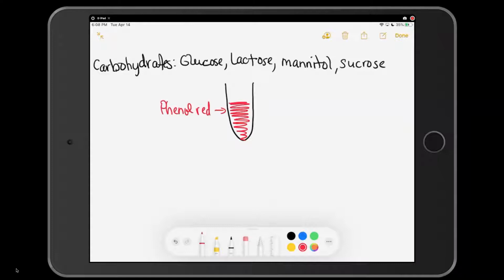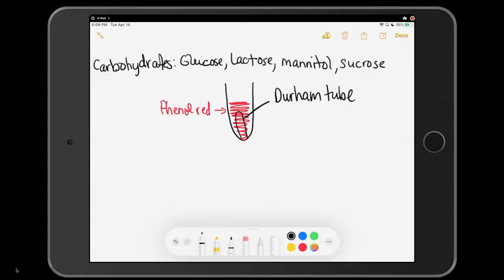Another thing that you may notice about your test tube or our media that we looked at is that there is this small little glass inverted test tube. This inverted test tube is called a Durham tube. The purpose of this Durham tube is to trap